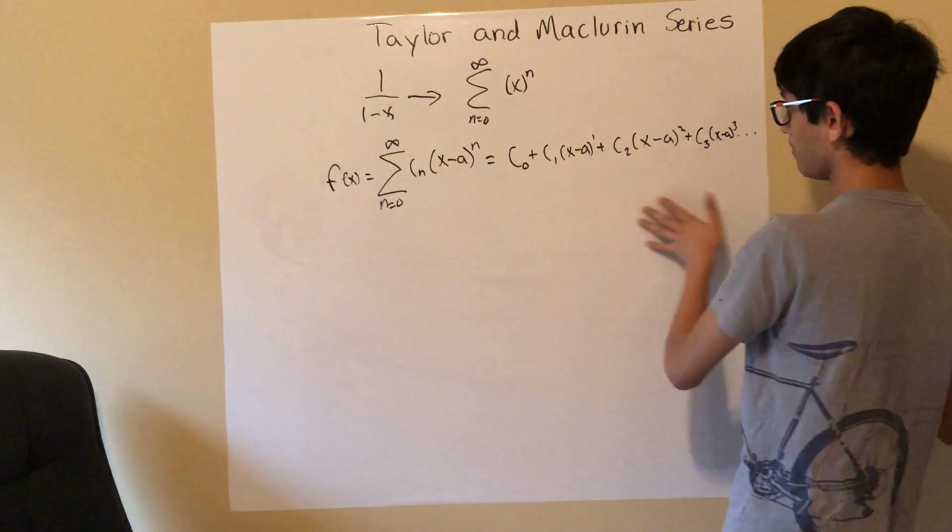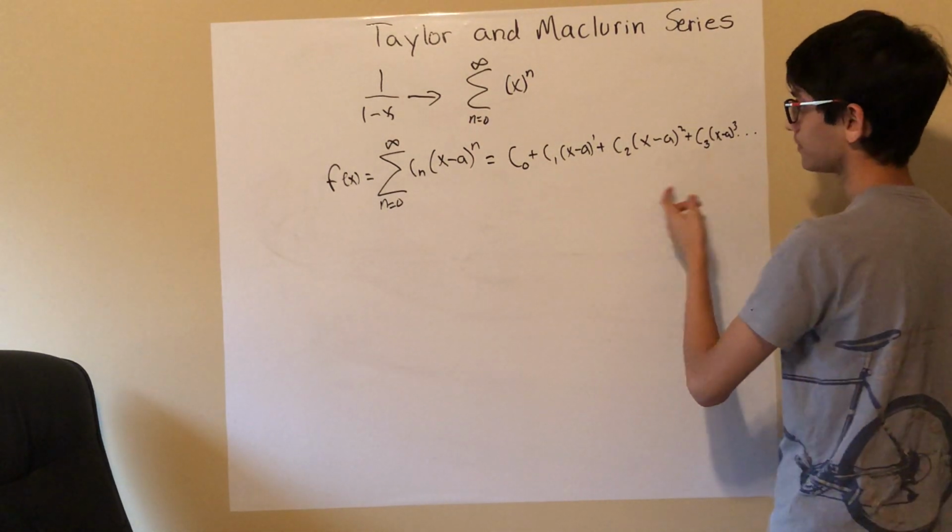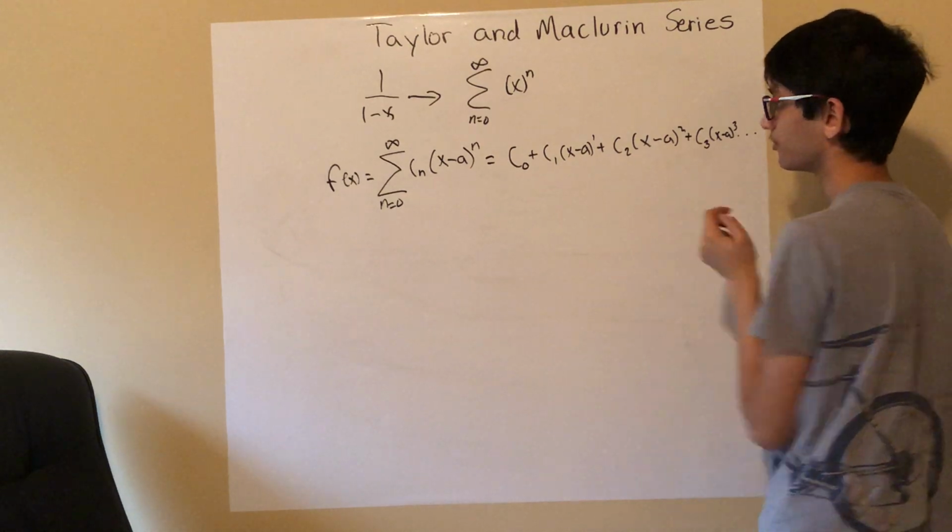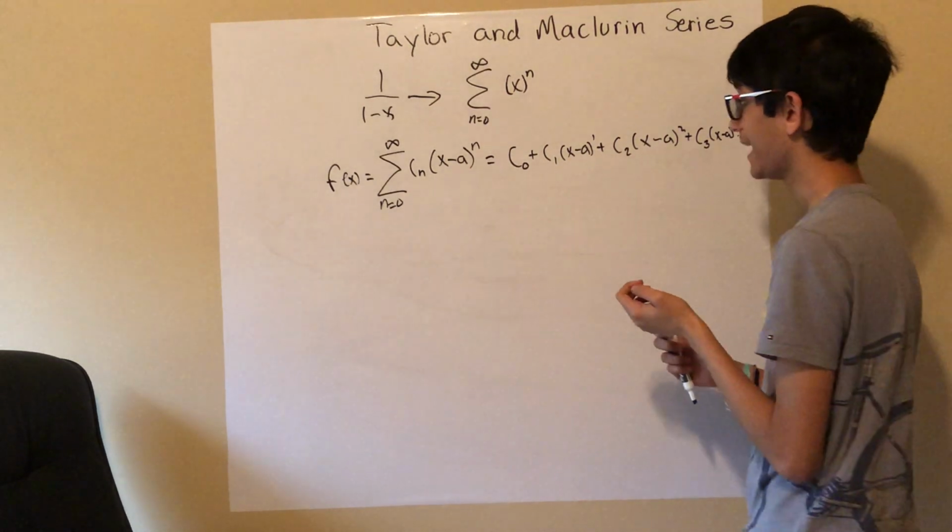It might look daunting, like how are you supposed to find all these c values? But if you just plug in a